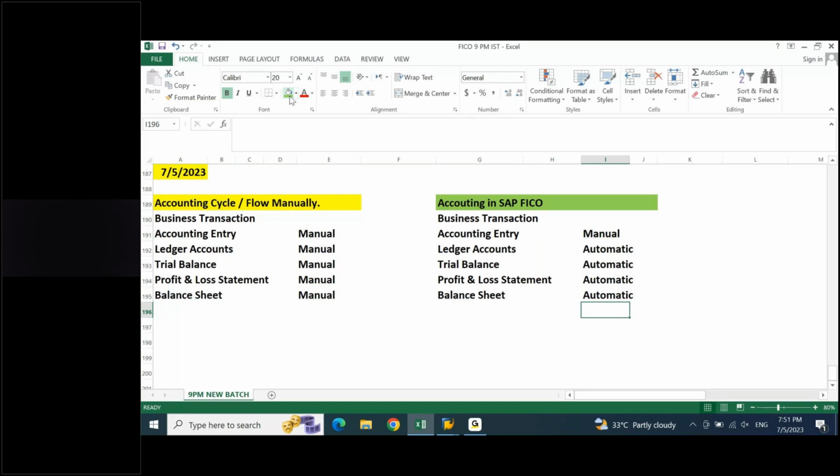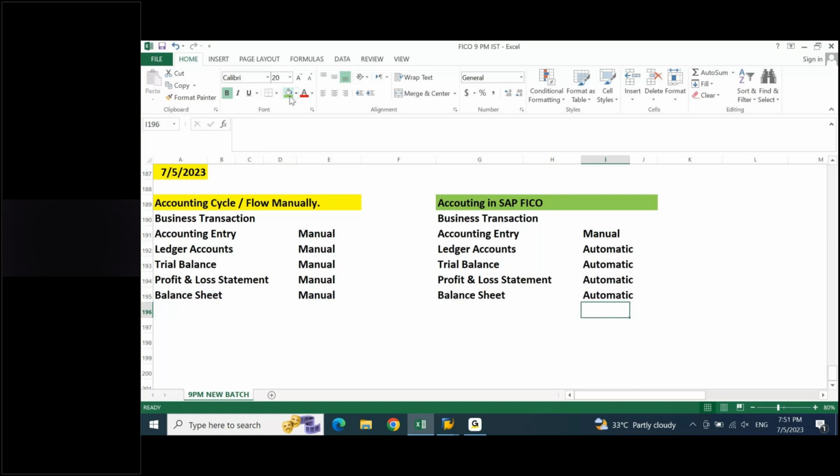So there are a lot of dependent things on your financial statement, which means if you prepare it, if the report is coming out wrong, that is not okay. It has to come out properly. For that, if you are working as a FICO consultant, you are responsible for everything. It is not that I am responsible only for the configuration, the rest I do not know. That should not be the case.